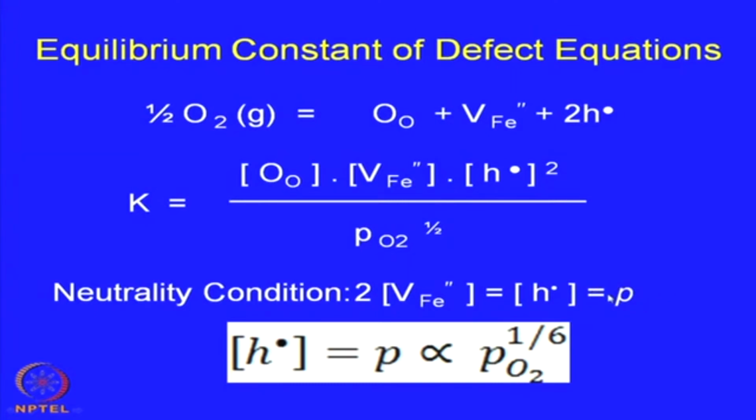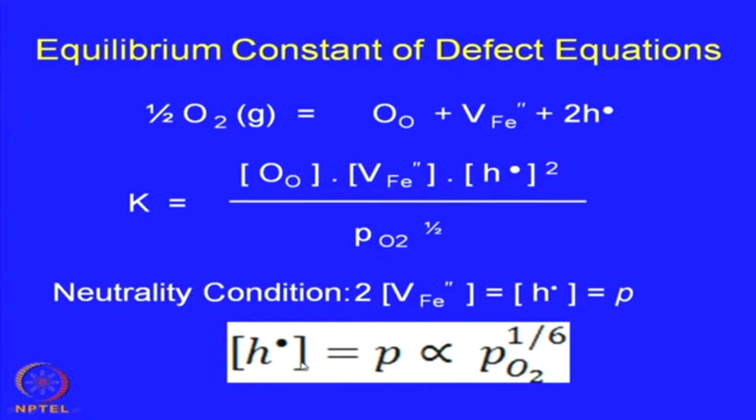So, ultimately if you replace that in this equation, this is replaced by P and this is P square anyway. So, it becomes P cube, and finally P becomes proportional to PO2 to the power 1/6, this being of course a constant at a particular temperature. So, that is a very important derivation and piece of information that in this kind of oxides the concentration of the holes,